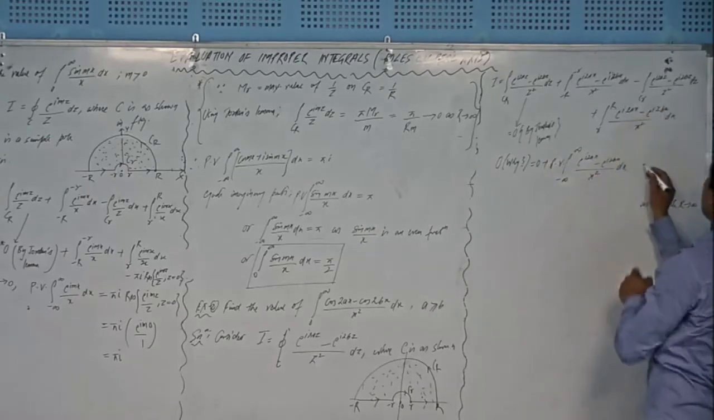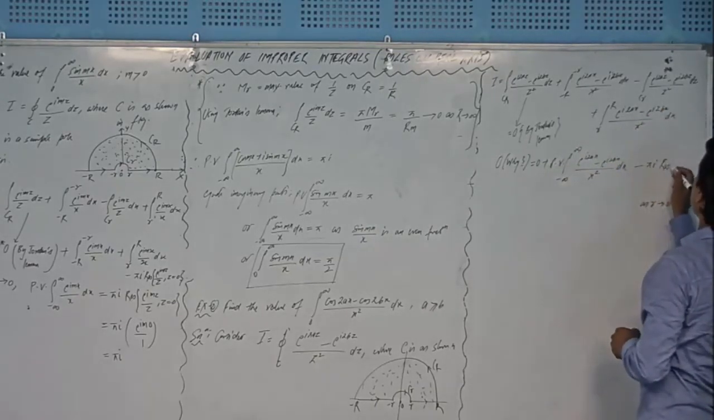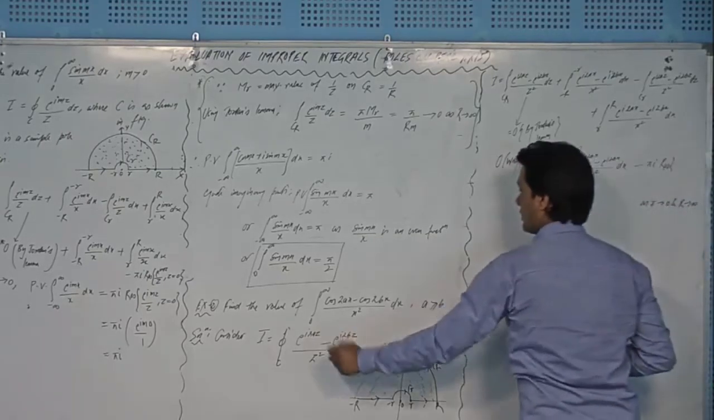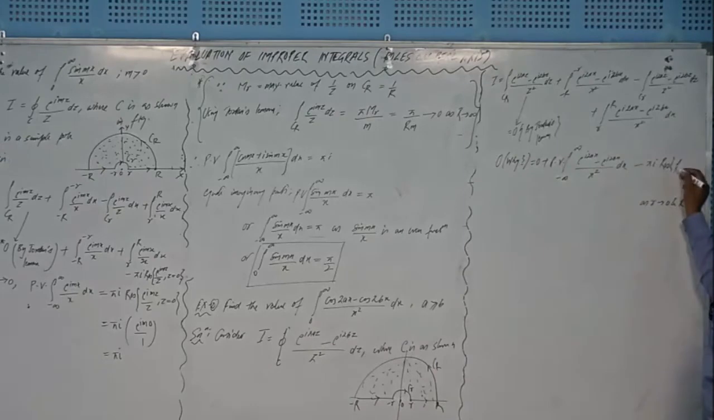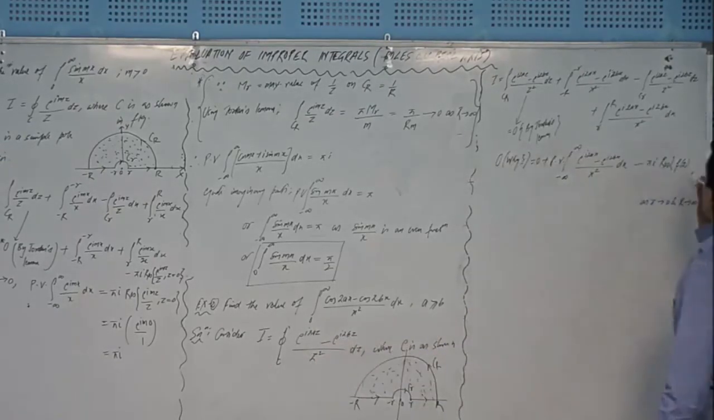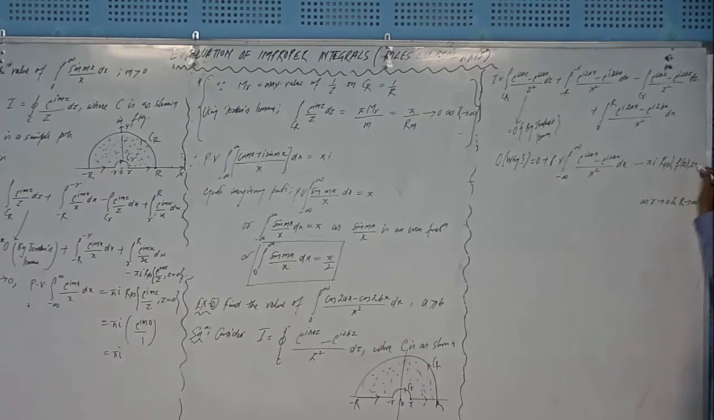And what about this thing? This is actually equal to minus pi i times the residue of the function. What is my function? My function is this whole function, right? I am writing it as f(z). Okay, so treat this function as f(z), right? And the residue is evaluated at z equal to 0, right? Okay,